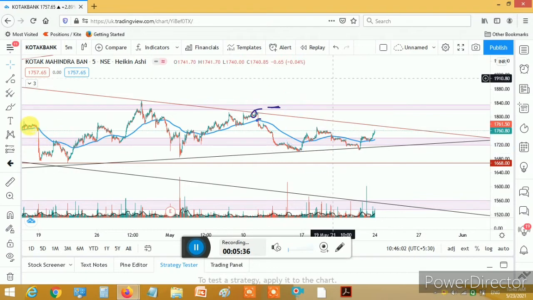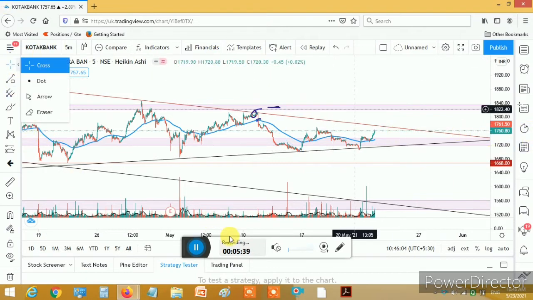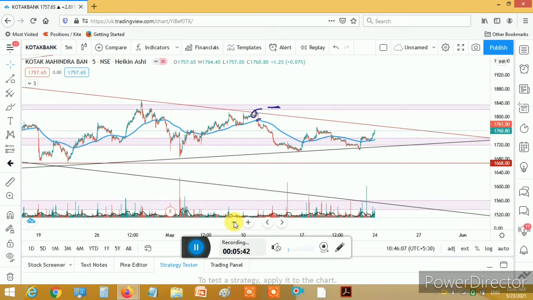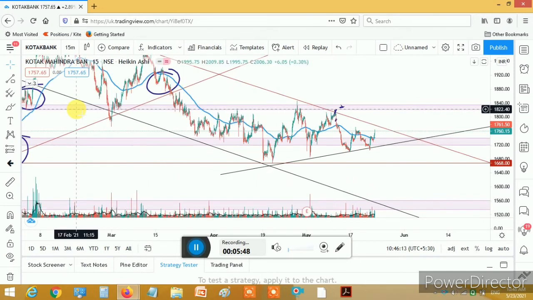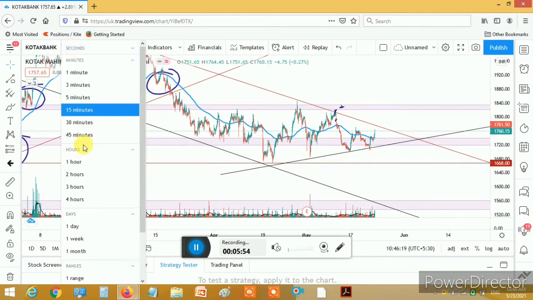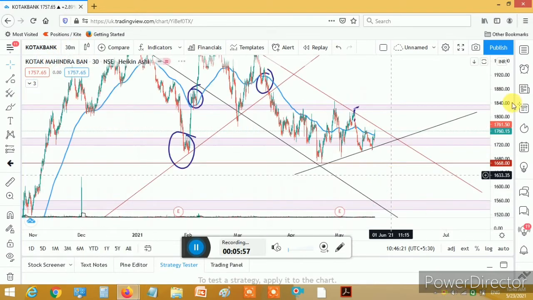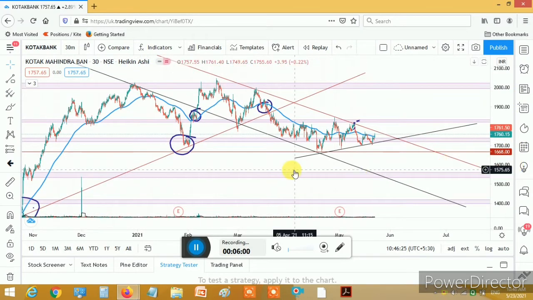So, three kinds of supports you can check. Basically, if you use a shorter time frame for intraday, or even a longer time frame of 15 to 20 minutes, you are going to get so many points. If you think about swing trading on a longer time frame, instead of going for the 200 exponential moving average, you can use simple horizontal support and inclined support, or you can see the channel line.